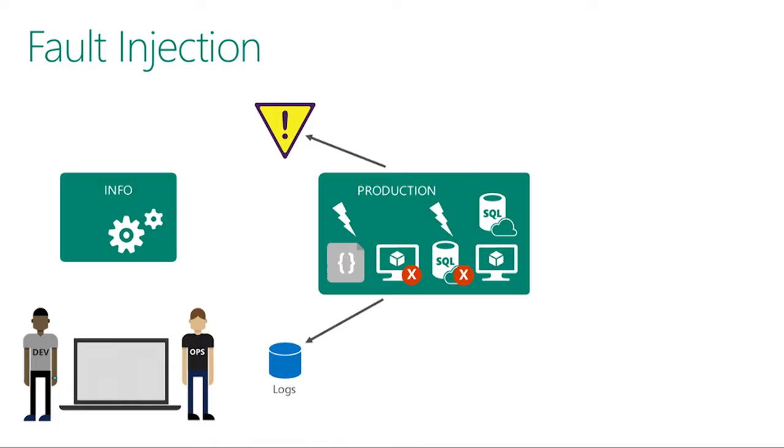Just power down half of the SQL servers, right? Kill the instance, if you want to just go in there and do it. But if you get more advanced, you could have an automated process. I think a lot of people point to Netflix in this space, and the Chaos Monkey and the Simian Army, a suite of tools that inject failures